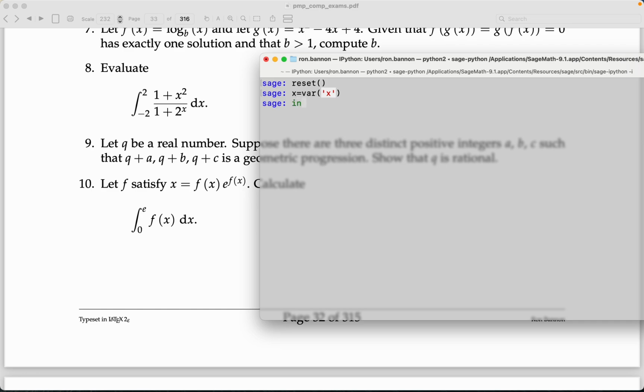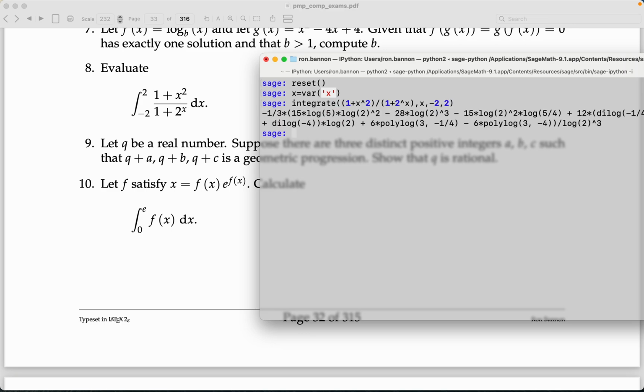And I'm going to integrate. What I'm going to integrate is 1 plus x squared, and I'm going to divide that by 1 plus 2 to the x, right? It's integrated with respect to x, and we're starting at minus 2, and we're going up to 2. Let's see what happens. Now I realize a lot of students are looking at this and saying,